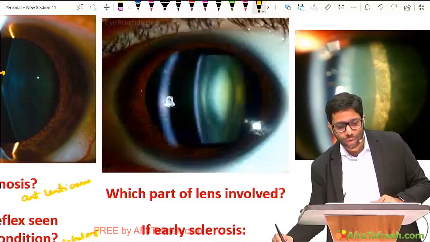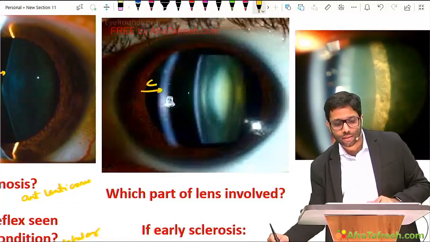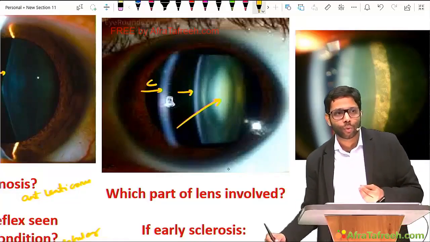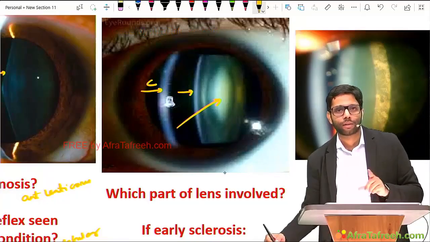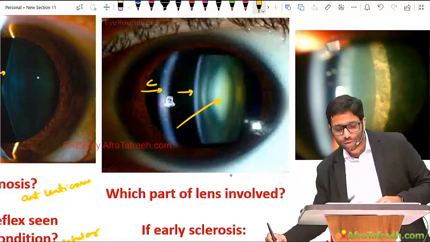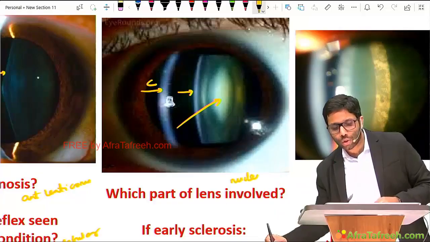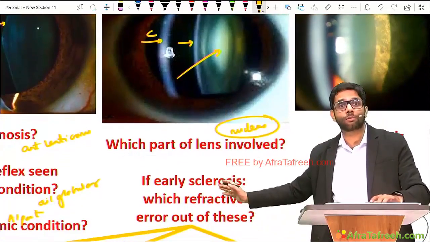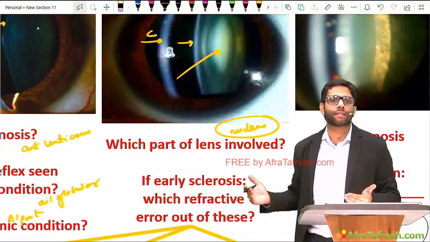Again, what is this? This is cornea. This is the lens, anterior part of the lens. The center part of the lens is having some density increase. So which part is involved? The center part of the lens is involved. The center part is known as the nucleus. And here, if it is sclerosis, meaning the density of the center of the lens is increasing,